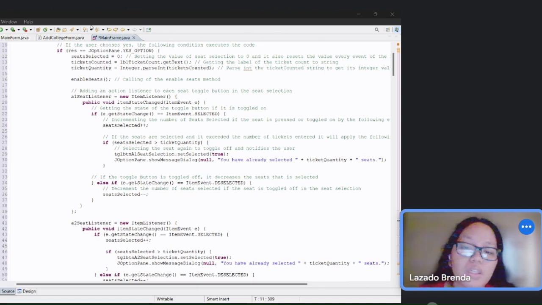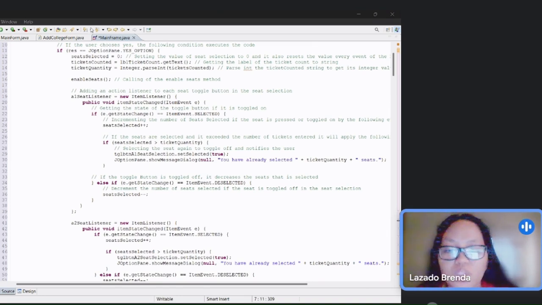If the number of selected seats exceeds the ticket quantity, the seat is toggled off and a message dialog informs the user. When a seat button is toggled off, item event deselected, seat selected is decremented. The method item listener add is called to attach all item listeners to the respective seat toggle buttons.